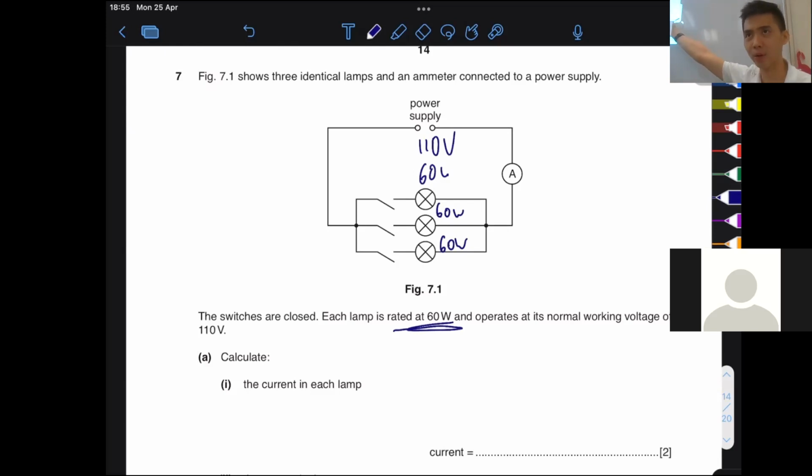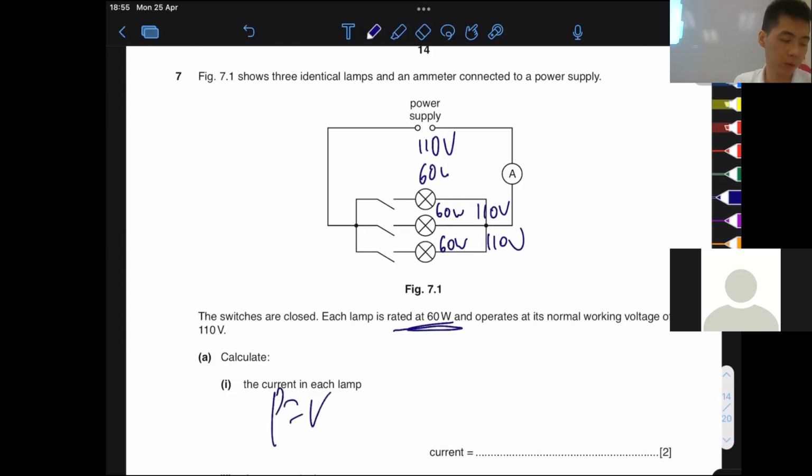I think you were here already. Tell me, is it possible that the other 2 won't be 110 volts? Why not? Yeah, because they're parallel, they will be equal. Means to say this will be 110, this will be 110 volts also. So from here you can find the current already,